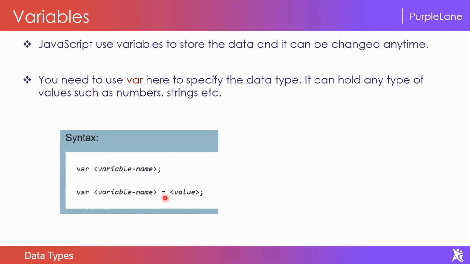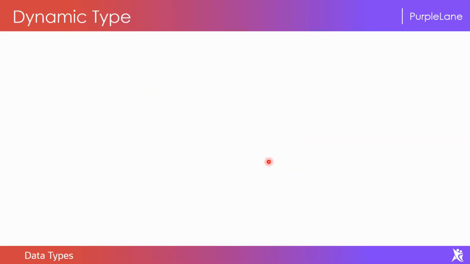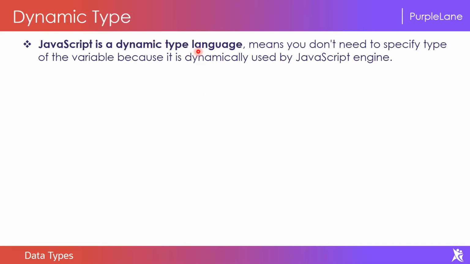If you want to declare and initialize, var, variable name, equal to, and give whatever value you want to initialize this variable with. If you see the examples, var salary equal to 10. Salary is nothing but the name of the variable. The second one, var many equal to 2. Many is the name of the variable, and 2 is the value of that. See, it is in double quotes, isn't it? var 3. 3 is the name of the variable. Here I have not initialized any value. So this is how you declare and initialize a JavaScript variable. One important point you should remember is that JavaScript is a dynamically typed programming language.